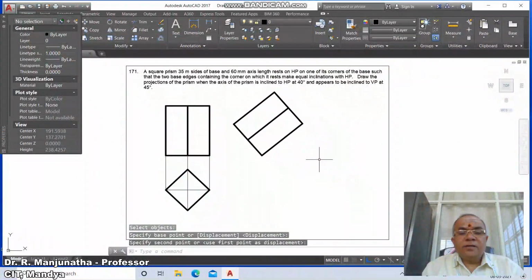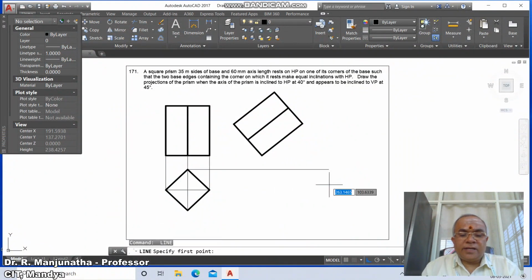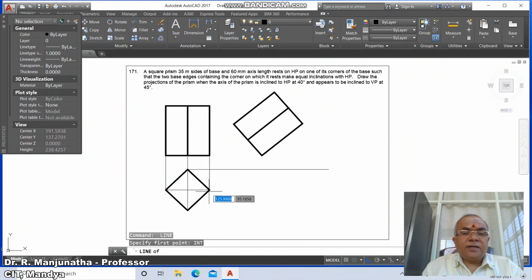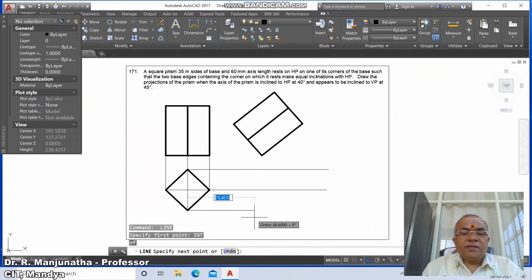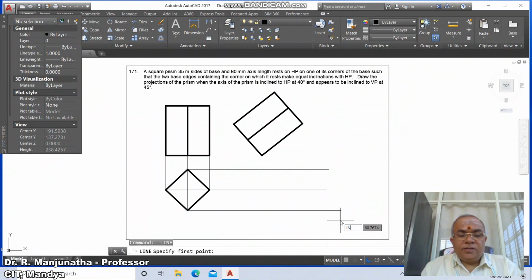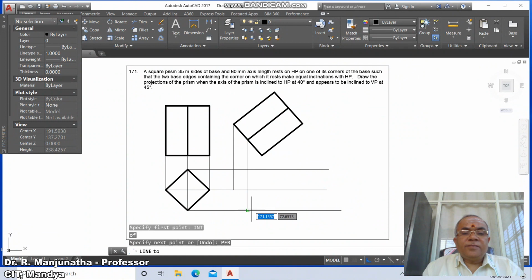then go to move, select this and move it nearer. Go to line, take int of this and draw a horizontal line, take line int of this and draw a horizontal line, again int of this and draw a horizontal line, then go to line int of this and draw perpendicular to this, then go to line int of this and draw perpendicular to this,